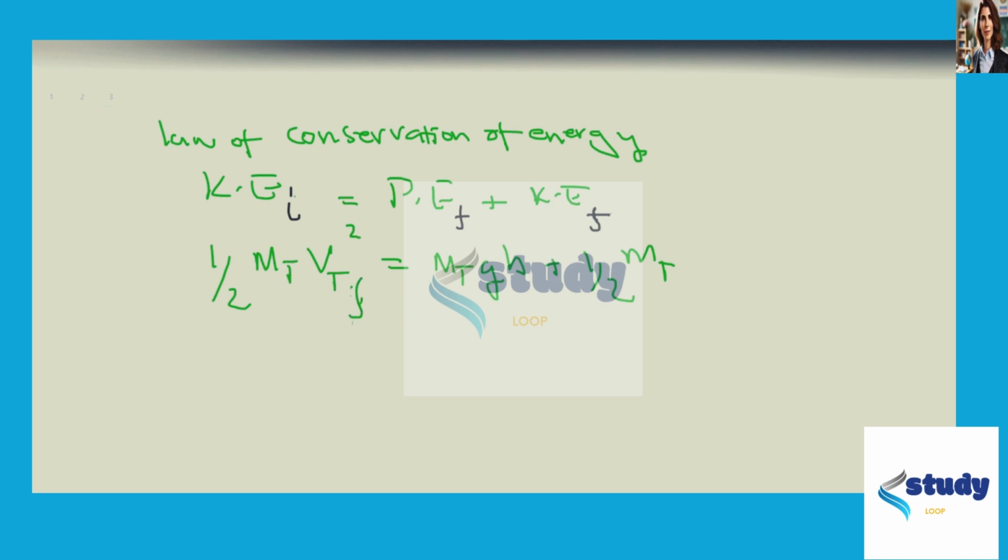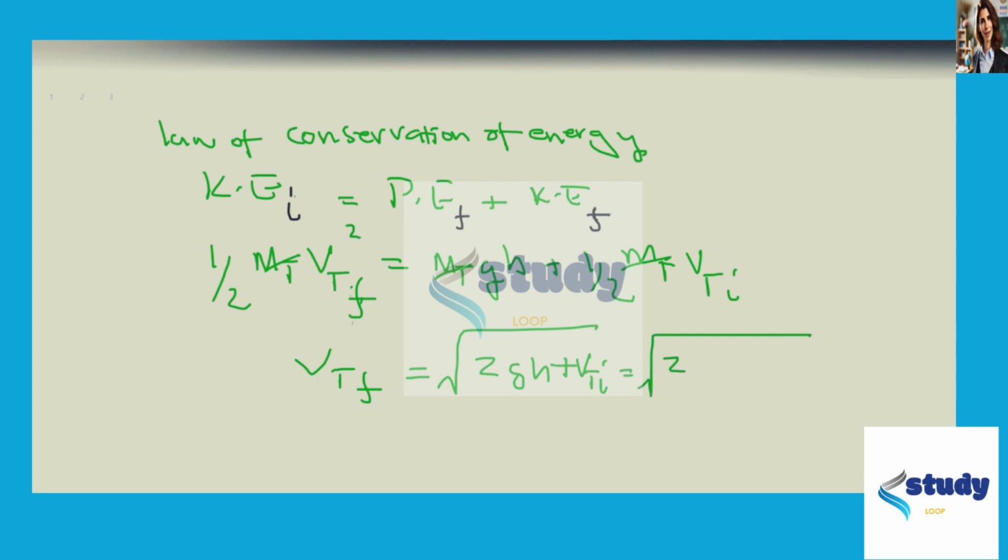When they're moving together, that's Vt initial, so Vt initial squared. We're going to solve for the final. The masses cancel out, and so we have Vt final equal to the square root of 2gh plus Vt initial squared. And so when we plug in the numbers, we get